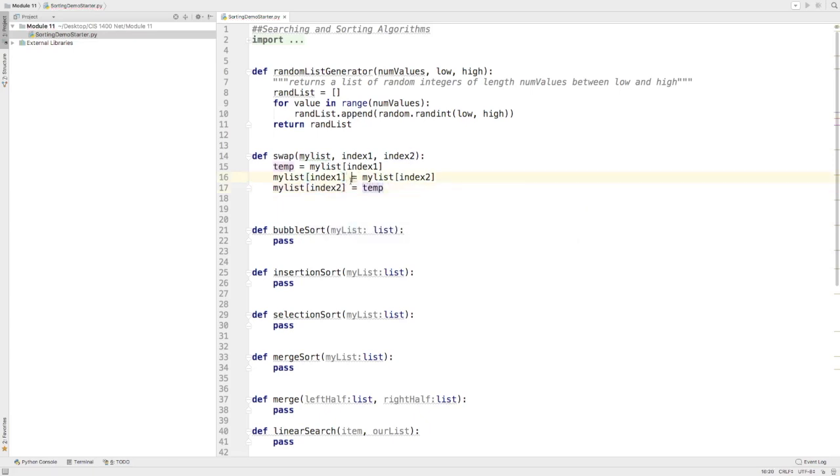If I didn't have that temporary variable there, then both my list at index 1 and index 2 would be equal to the same thing, because I would be assigning the value at index 2 to index 1, and then reassigning it back to itself, and that just wouldn't make much of a good swap now, would it? Okay. So now that I've got that able to be done, it's time to start getting into some of these